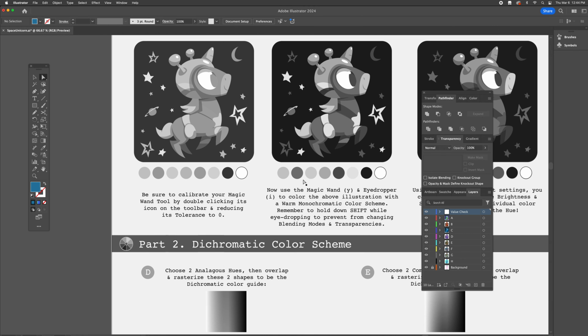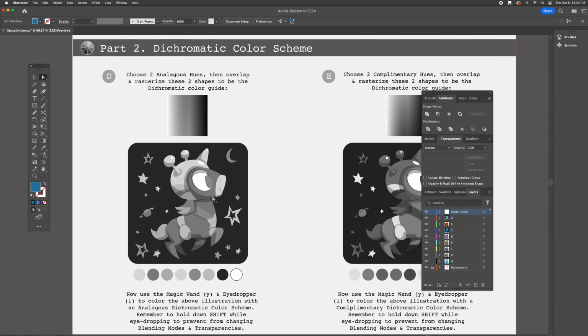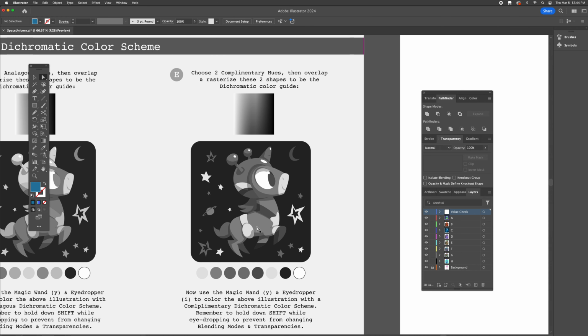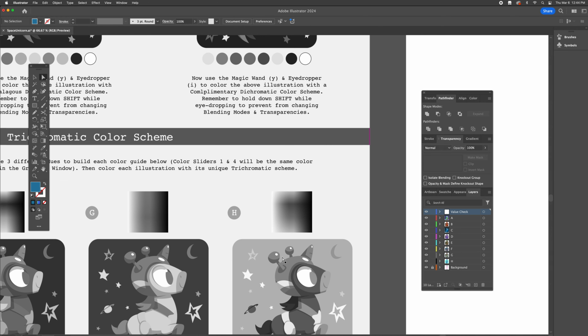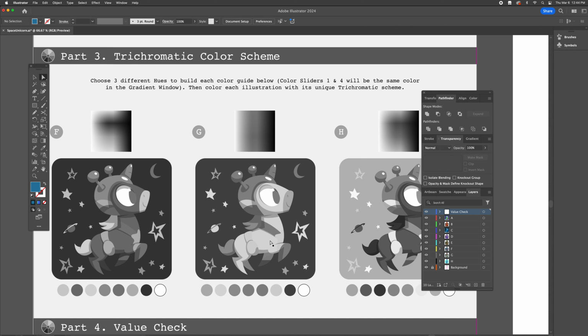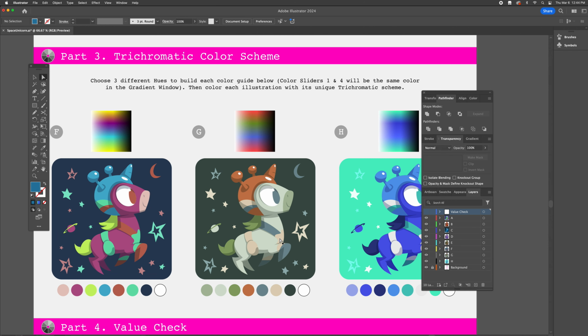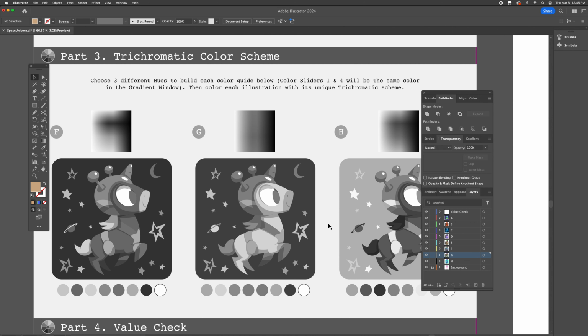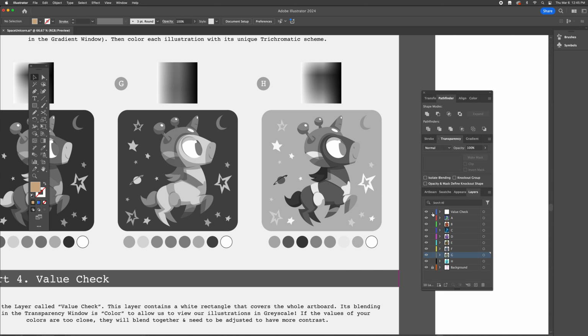All right, so I want you to go through now all of your illustrations, and anywhere that two of your colors are really close in value and so you can no longer see the difference between those shapes in your illustration. Again, here it's happening again between the little saddlebag and the star and Space Unicorn's body. I want you to adjust those colors so that they have better value contrast. I'm going to deselect and use my value check. Much better. All right. Once you've done that, you can go ahead and save your file